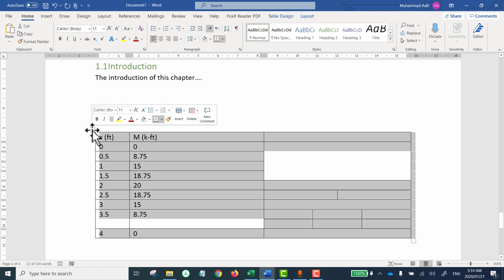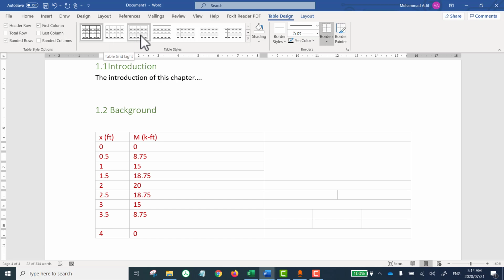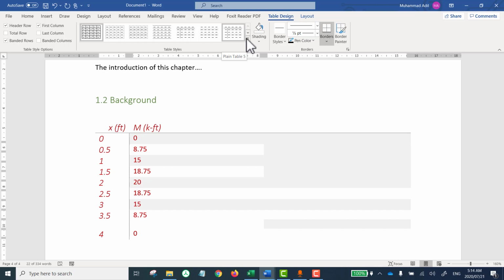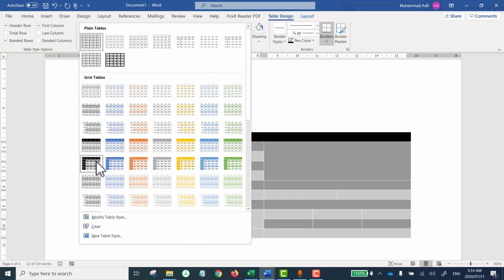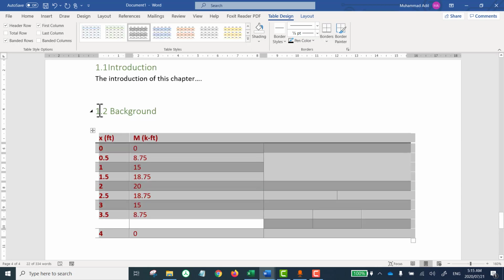Clicking this will select the whole of the table, and you can then format it as you like. Once you select the table, you will see 2 tabs appearing here. Clicking on table design, you can choose multiple designs of the table already available in Microsoft Word, a big variety of them, maybe this one, or in the layout